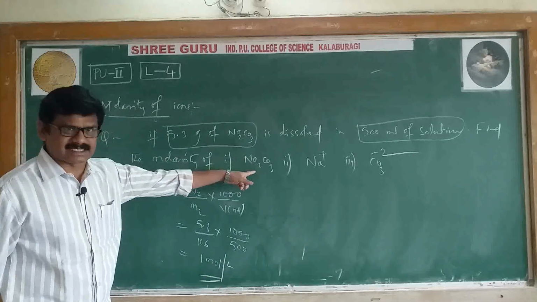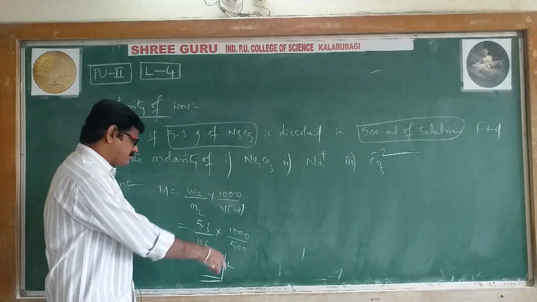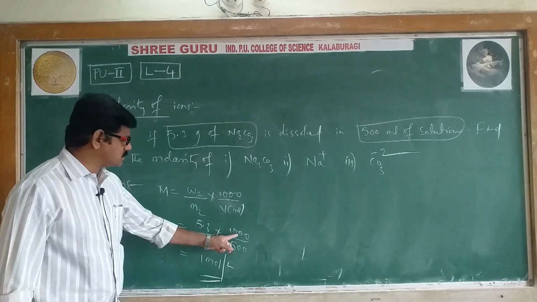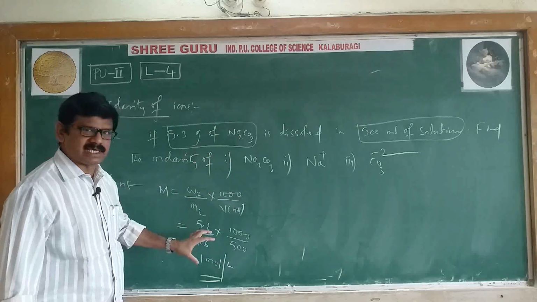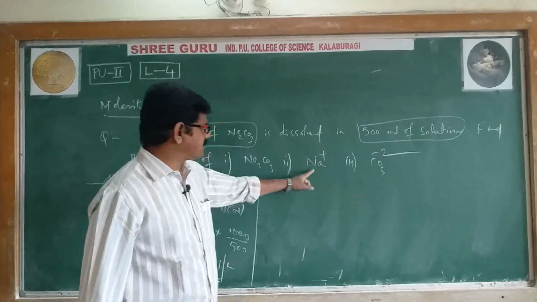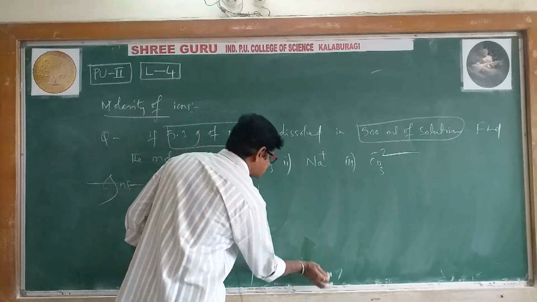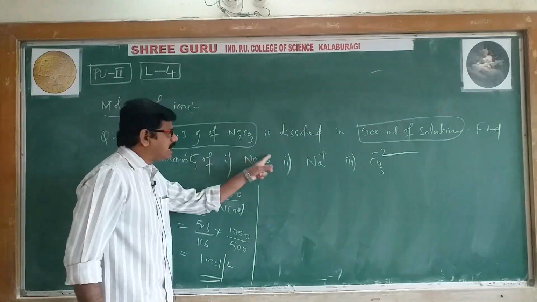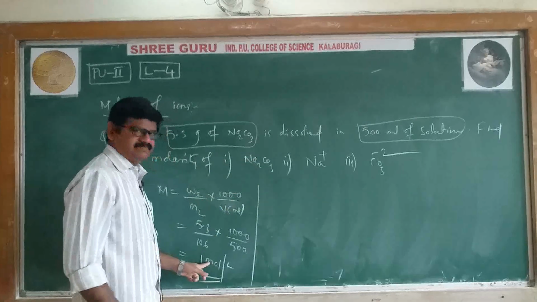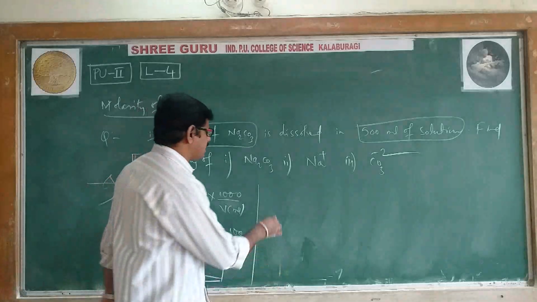Nothing but a mole per liter is obtained. The first question has been completed. Sodium carbonate molarity has been calculated as 1 mole per liter. All available values are substituted. Next we'll go to the second question as well as the third question. The second question is asking for the sodium ion concentration. How to get the sodium ion concentration? The sodium carbonate molarity is already calculated. From that we will get the sodium ion molarity and carbonate ion molarity also.